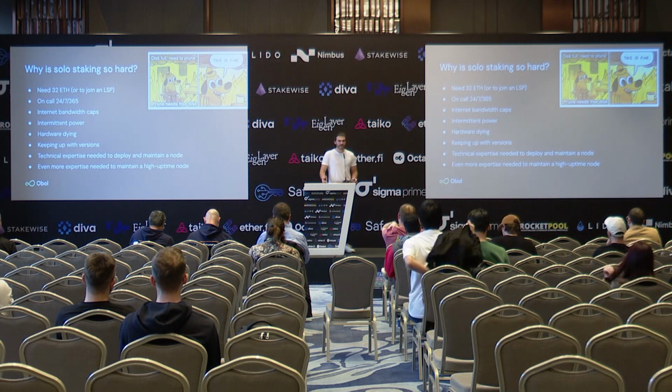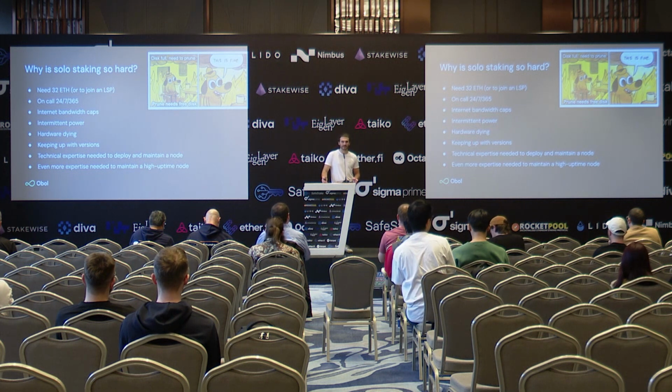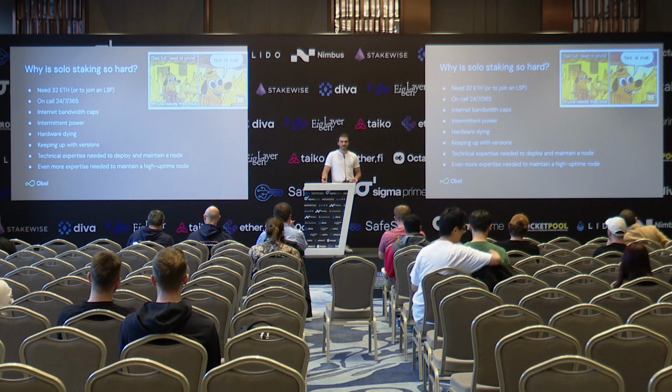Lots of the world don't have the most stable access to power. They experience power outages, maybe load shedding. This can, at the very minimum, knock your validator offline. At a more worst case, it can corrupt your database and force you to resync. Hardware dying is one that hopefully you don't run into all that often, but if your disk dies and you have to get a new one, that's quite a bit of downtime and outage as you buy another one from Amazon, install it, sync it, and get it up and running.